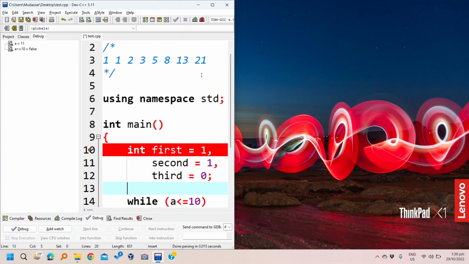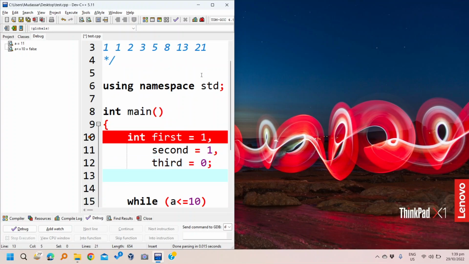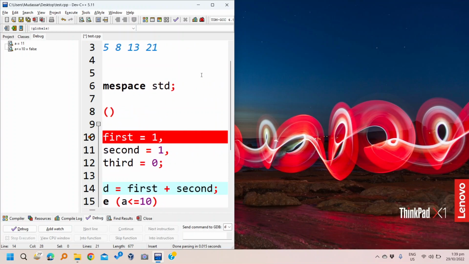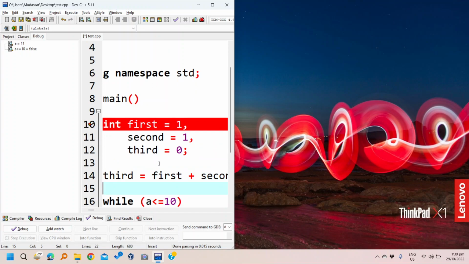So my program would be always to say third is equal to first plus second, right? And once I have these values,